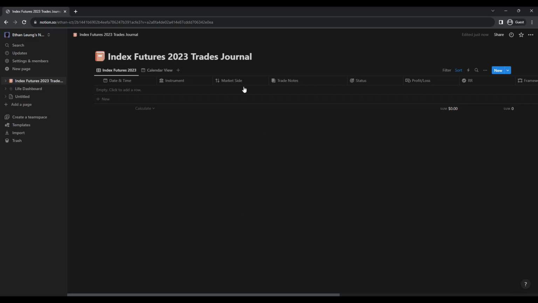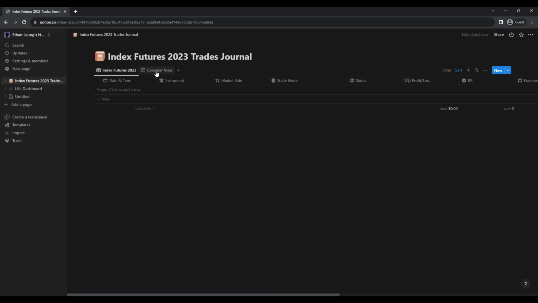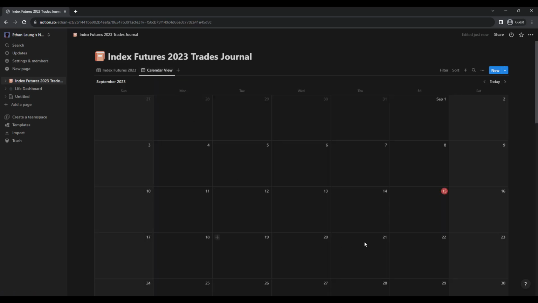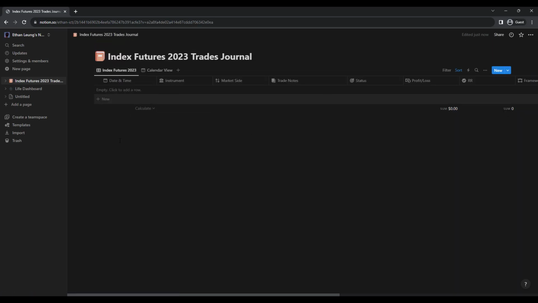So this page here is actually just a table view, kind of like an overview of all of your trades. And over here, you might have noticed that we have a calendar view as well. And I'll show you guys why this view is very useful after I make an example trade for you guys. So how I like to use this template is I'll just click new to create a new trade,